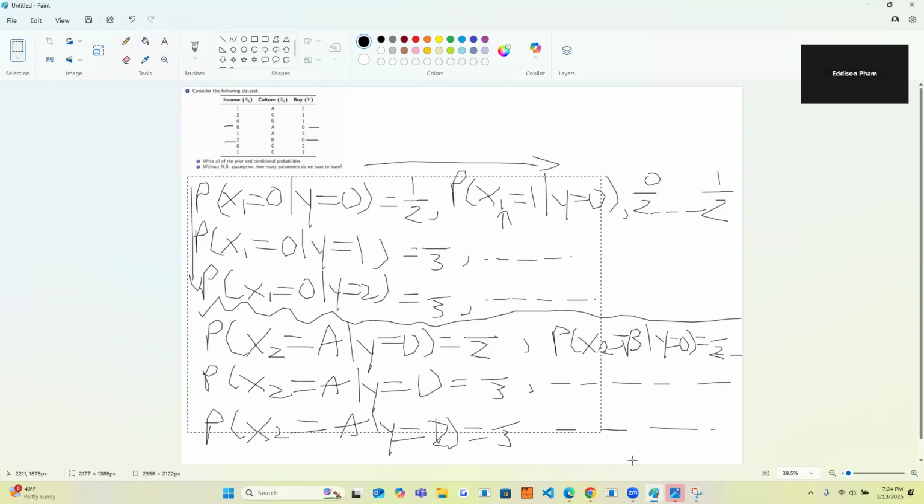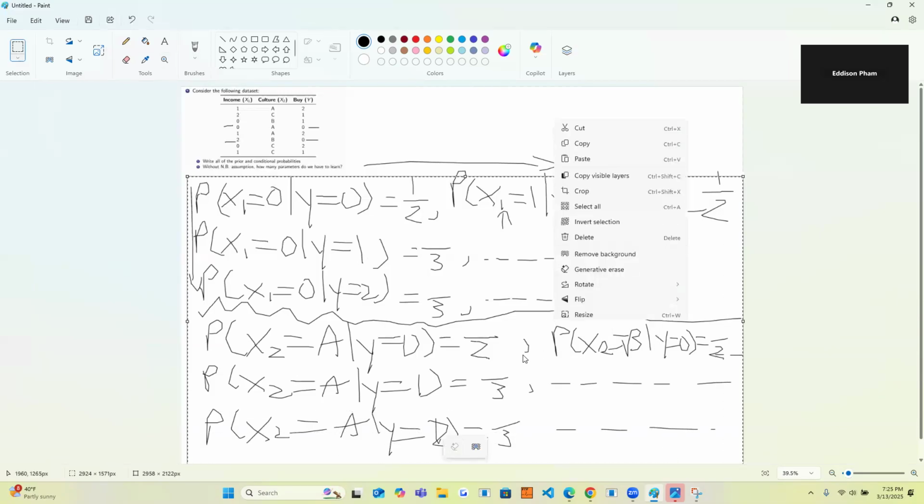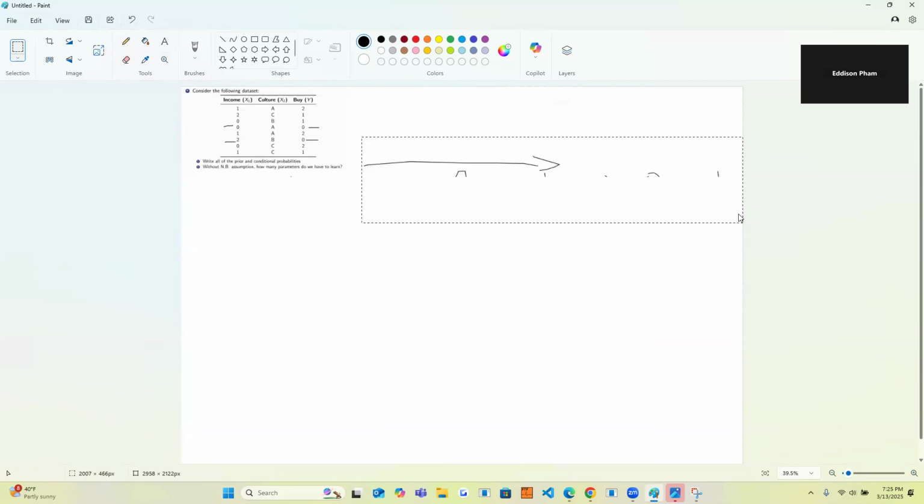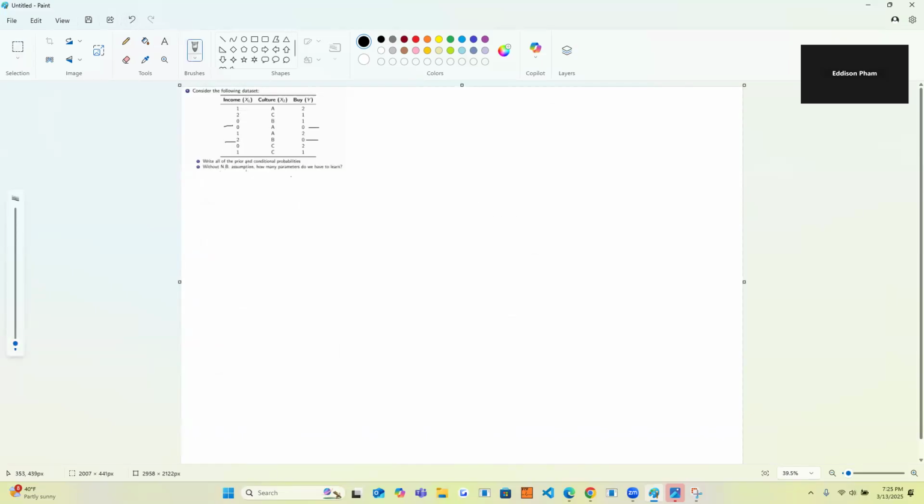For the next question, it's a bit tougher. I don't think a lot of people got that correct in my exam. For the naive Bayes assumption, how many parameters do we have to learn? So let's start off with the priors, because ultimately we want to learn, if I remember correctly, this, right? We start off with this,